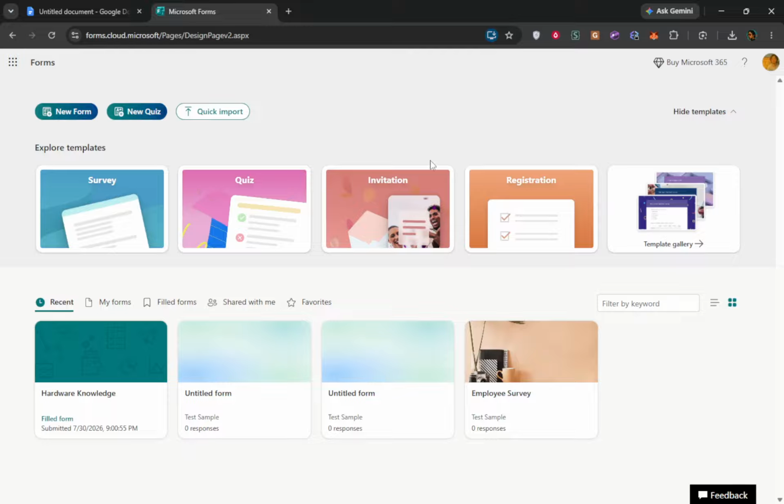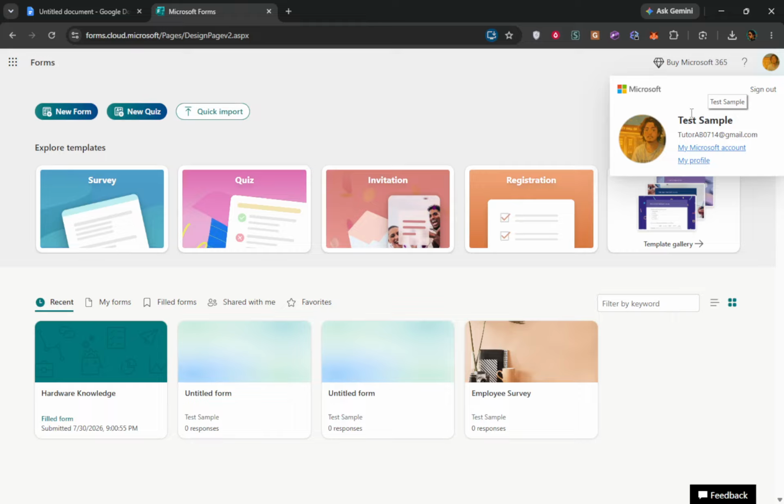Now, click your profile picture or account icon in the upper right corner. It might show your photo, your initials, or a generic person icon. When you click it, a small menu drops down. In that menu, you will see the current account name and email address, so you can double-check which account you are about to sign out of. Beginners often skip this check and later wonder why the wrong account is open.